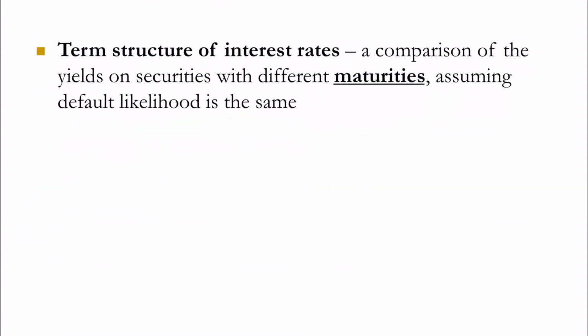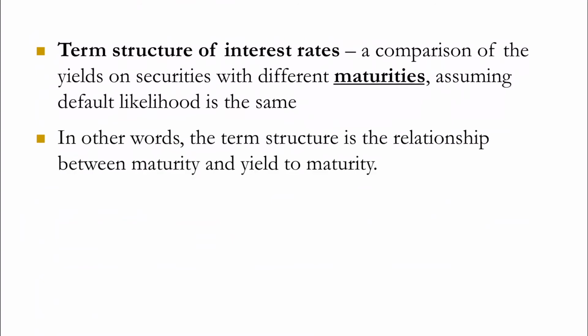We turn our discussion now to how I can actually view these interest rates on different bonds. So what we do is we start talking about term structure. This is a very prevalent term in finance, something that you want to make sure that you are familiar with, and it's called the term structure of interest rates. It is a comparison of the yields on securities with different maturities, assuming default likelihood is the same. So really, in other words, you're only comparing the relationship between the length of maturity and the yield on that